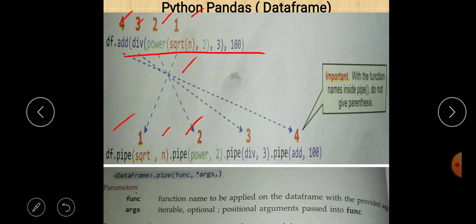So pipe power, comma 2 is the parameter value, meaning raised to the power 2. Then pipe division 3 means at third priority division will be there, and at last addition will be there, meaning the 100 will be added to that number. Okay,